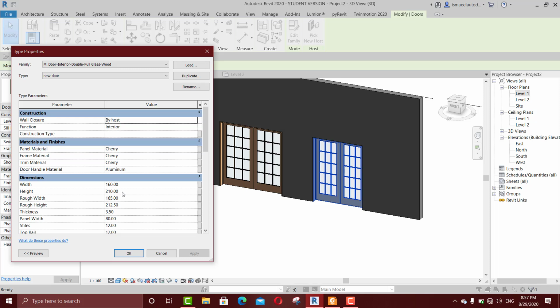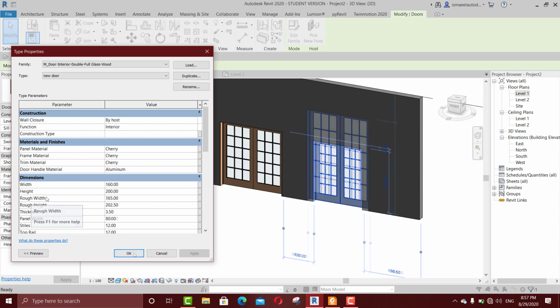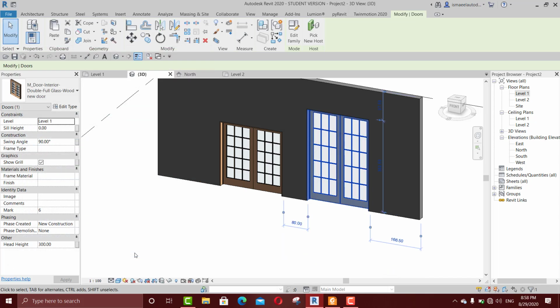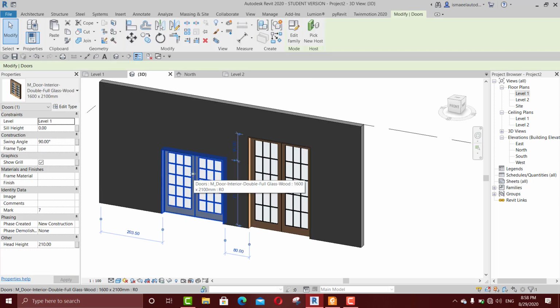And also I could even change the height of this door, make it as 300, put it back as 200. I want you only to make sure while you are changing the width and height, the normal one, not the rough height and the rough width. Okay? Any problem with this one? Okay. Now I do know how to make a door